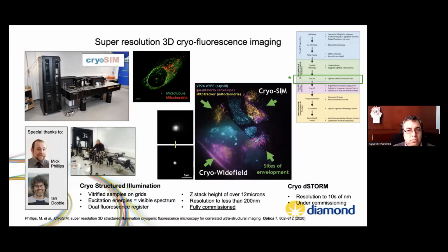So what we do is basically take, and this is conventional cryo-widefield, how it would look without any cryo-SIM. Again, this is from my student project with HSV, so that's the human envelope and mitochondria. The resolution, of course, I'm only showing 3D. Cryo-SIM is super, breaks all the time, but that's our